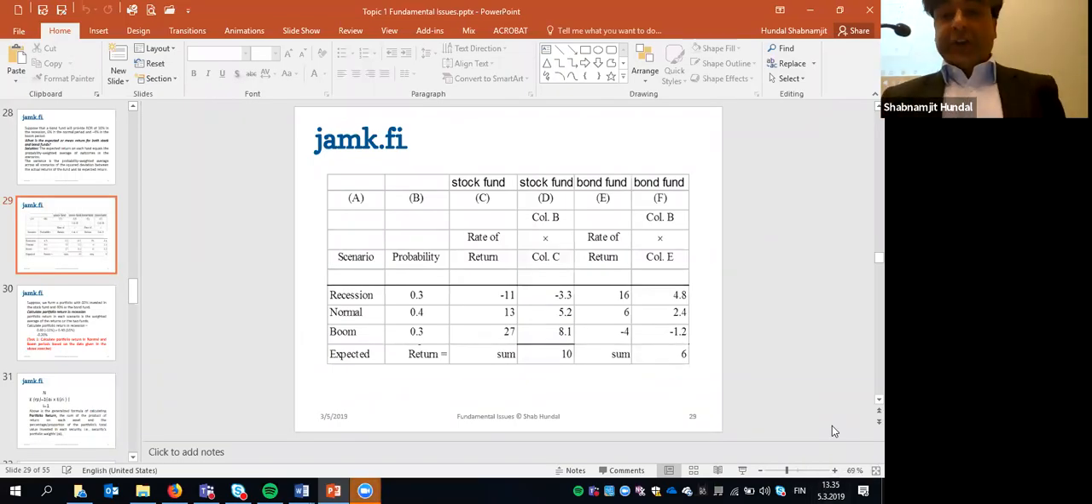So the task one, which you are supposed to do as a group, is